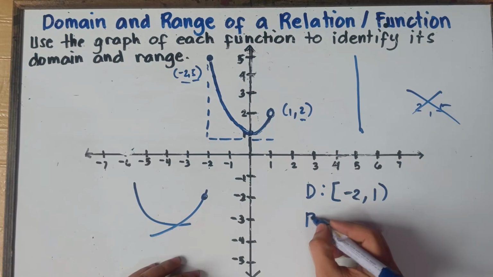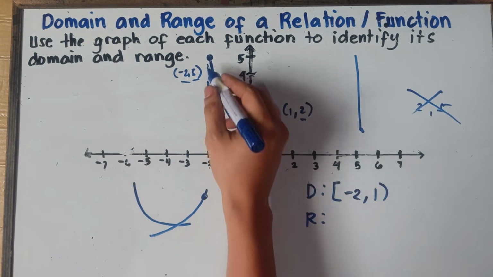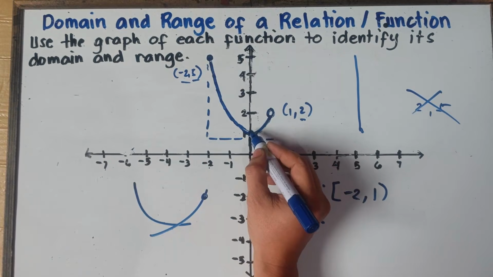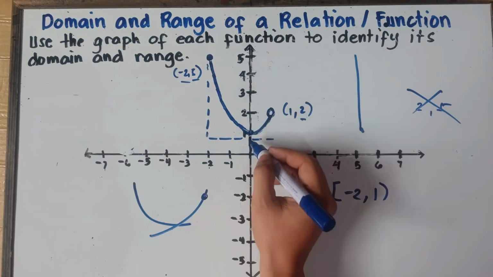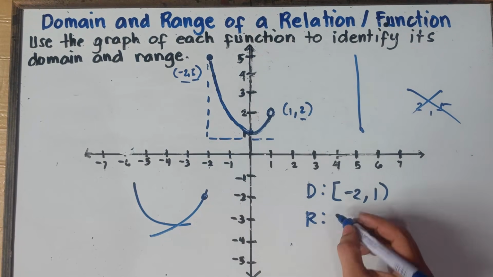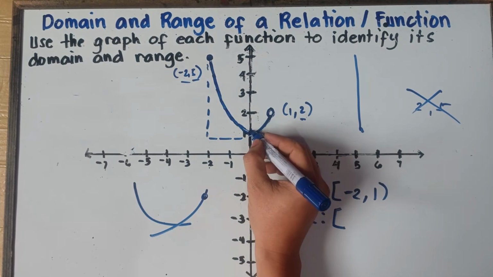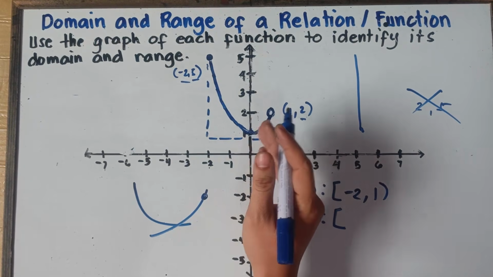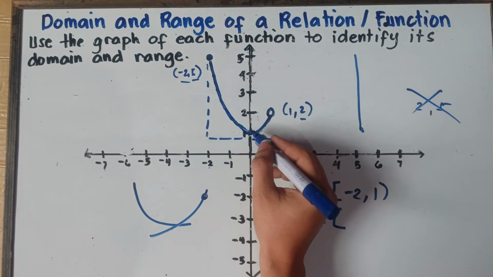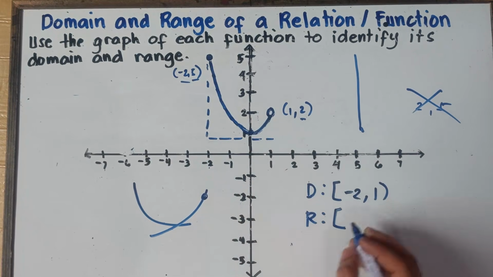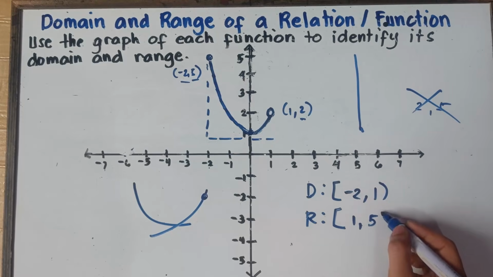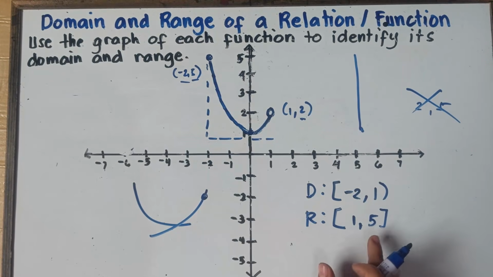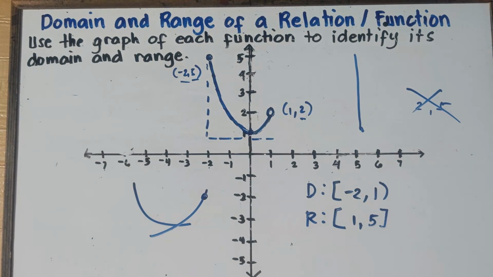So therefore, the range, this one right here, the vertical distance, starting from 1, going to positive 5. So that would be a bracket, since we have a closed circle, automatic. If you didn't see any closed or open circle in the graph, it will be a closed circle. Starting from 1 up to positive 5, and at positive 5 we have a closed circle, bracket. So that will be bracket 1, comma 5, and then bracket. That's it, class. We're all set with regards to example number 4.